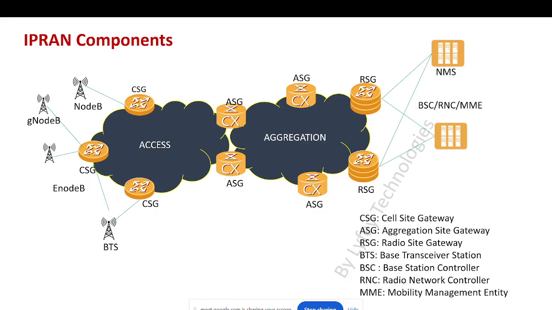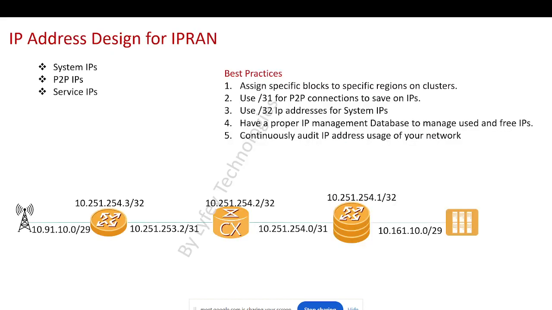From the BTS, we are connecting to the CSG, the cell site gateway. The cell site gateway is connecting to the aggregation site gateway, and then we also have the RSG that is connecting to the controller, the BSC and the RNC, on the core side. To our next slide,